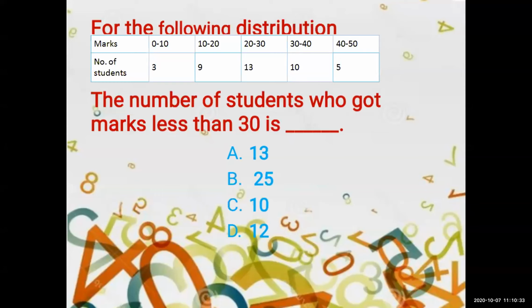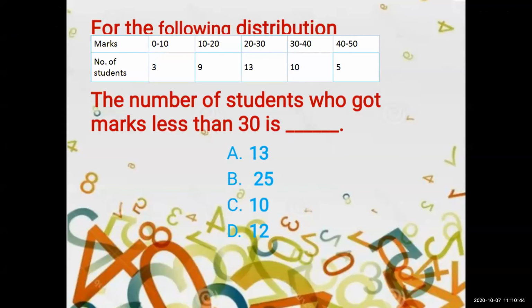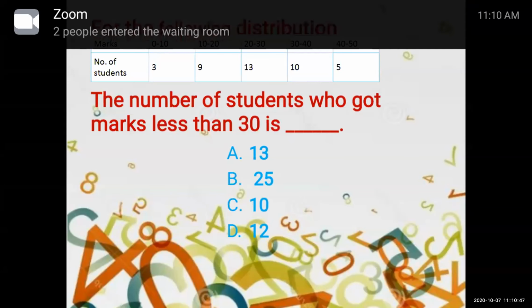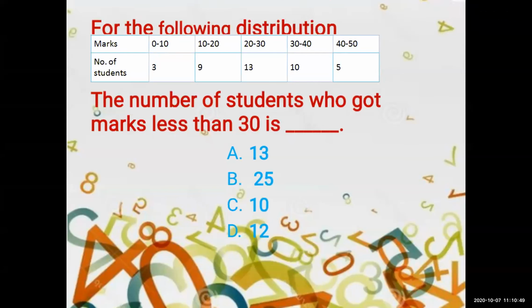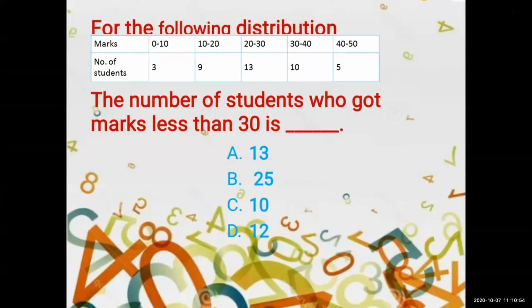Okay, Preeti has raised the hand. Everyone has raised the hand, don't worry, I will give the option. Okay, Preeti. Option B, 25. Anyone want to change the answer? Hizal and Khushi? No. So it is final answer. Shall I lock it now? Yes. Okay. Final. Yes, option B is 25.